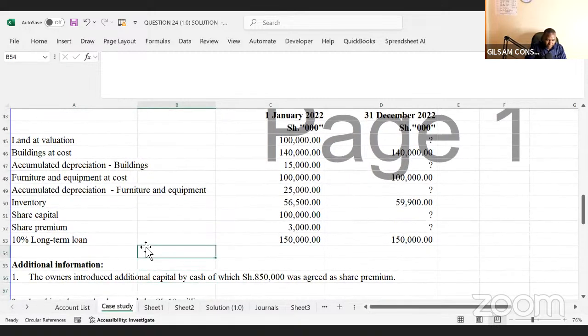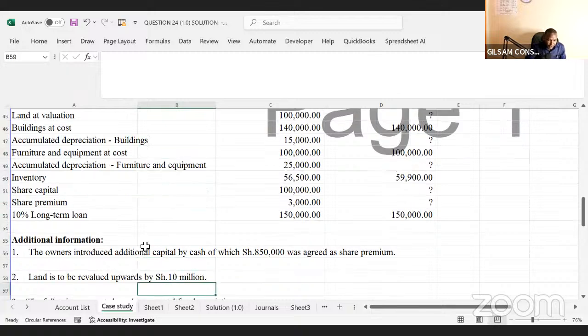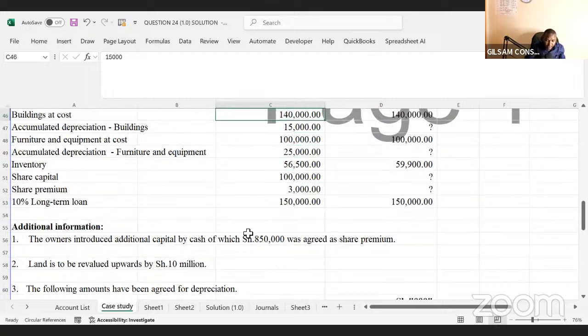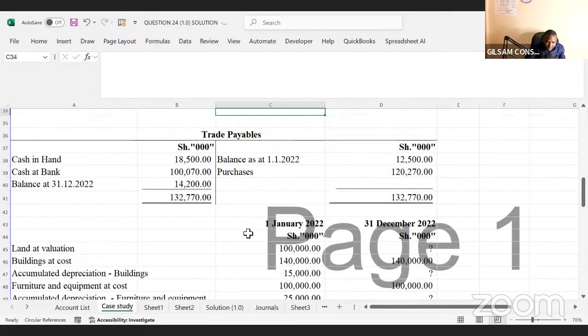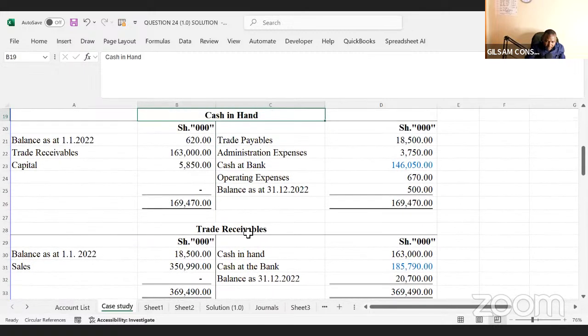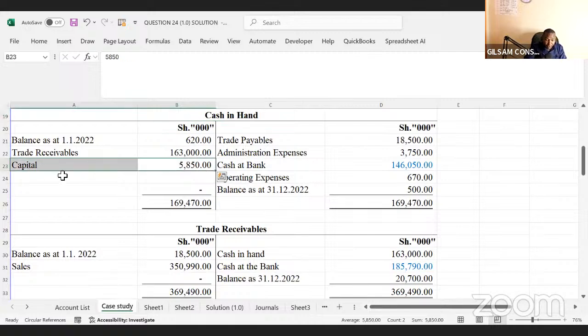Now, in the additional information, we have been told, number one, the owners introduce additional capital by cash, of which 800,000 was agreed as share premium. So if we look at the cash account here, the cash ledger or cash in hand, we haven't seen the capital. We can see the capital here, but it is not equivalent to